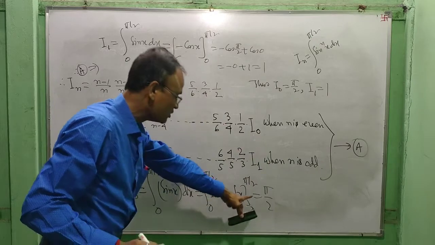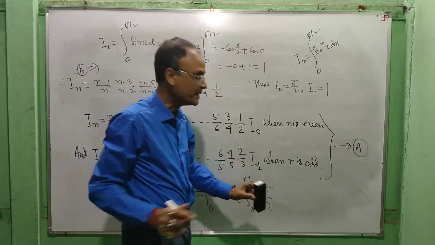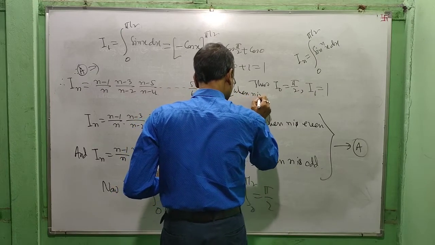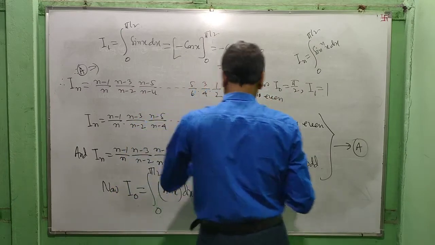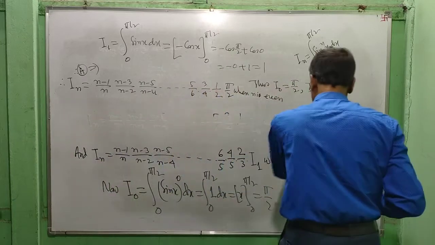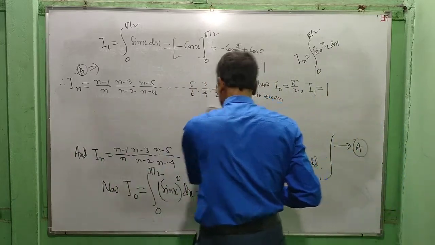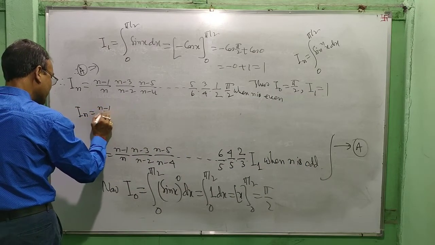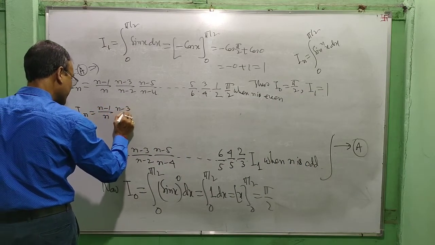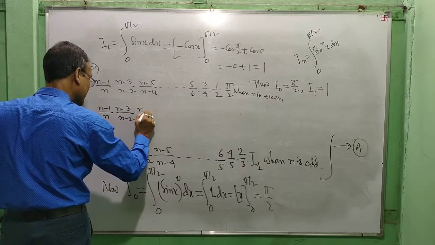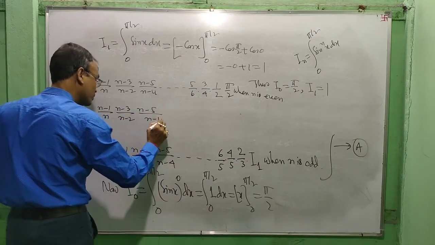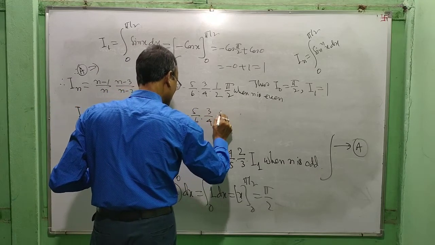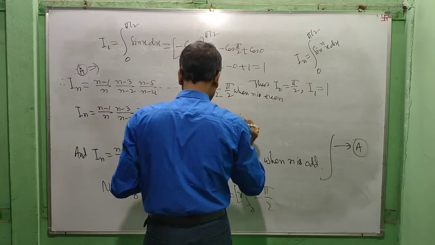For I0, we should write into pi by 2, when n is even. And I_n equal to n minus 1 by n, n minus 3 by n minus 2, n minus 5 by n minus 4, and so on, 5 by 6, 3 by 4, 1 by 2 into